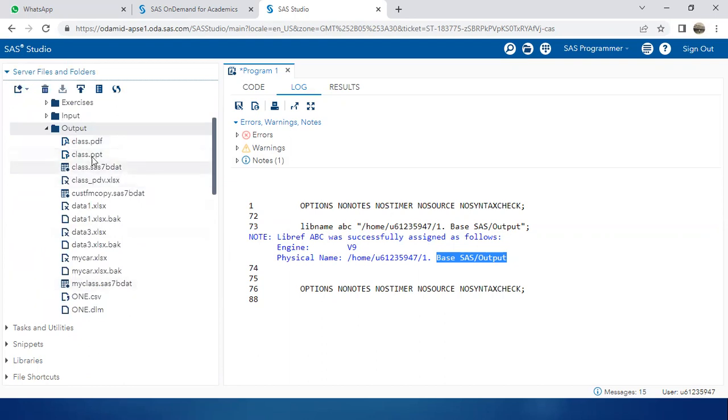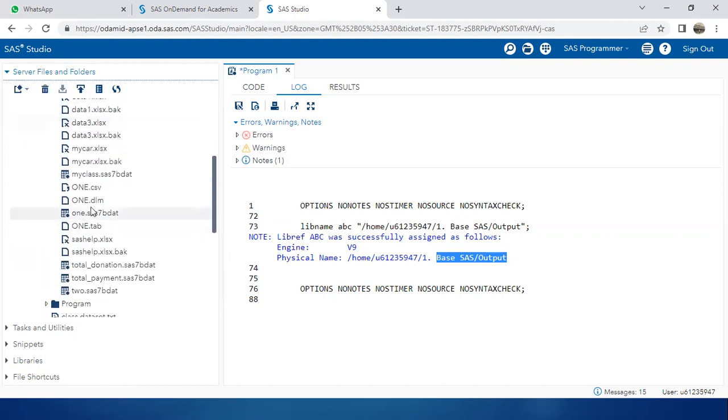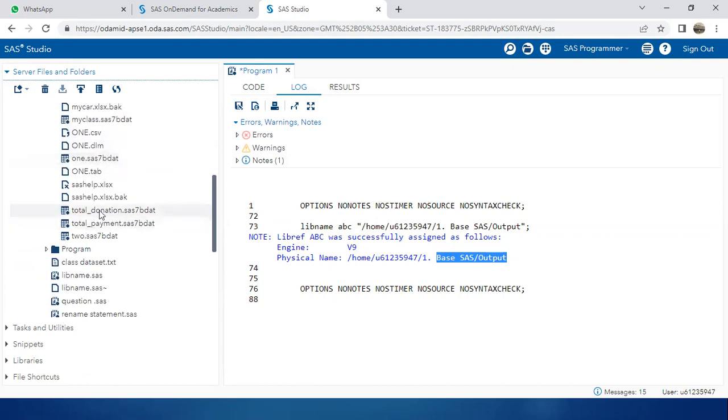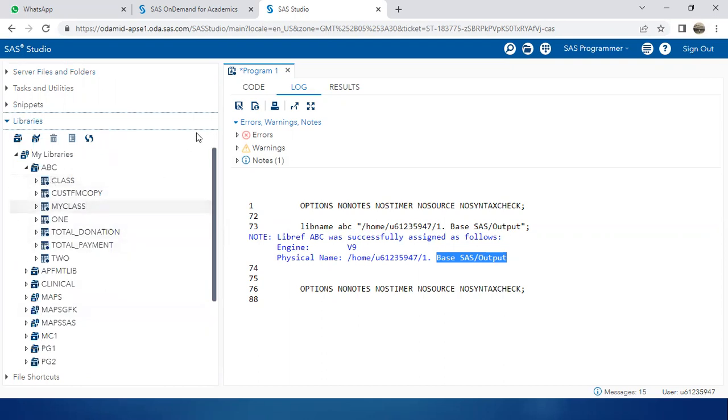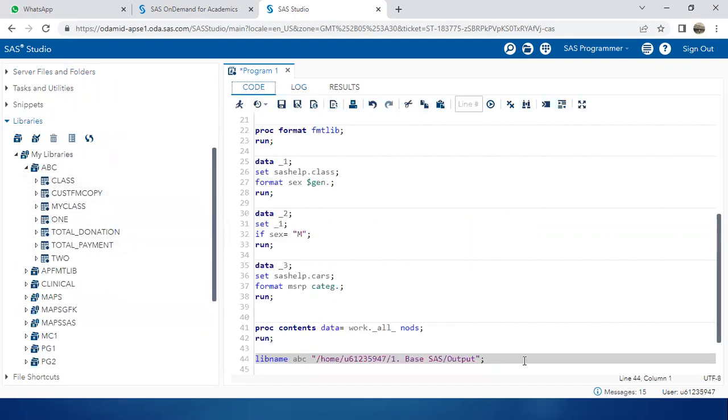See that here, same. Look at this, my class. So all this data, this sas7bdat, is the SAS data. Only the SAS data will show in your library, and it is showing here. Now,